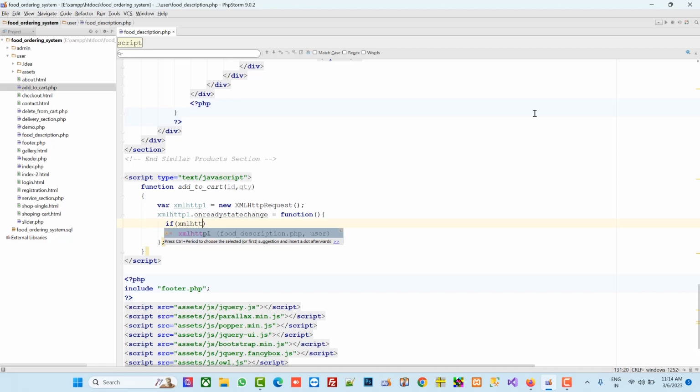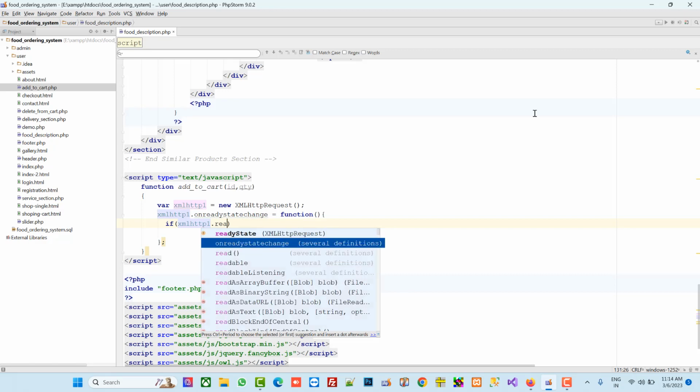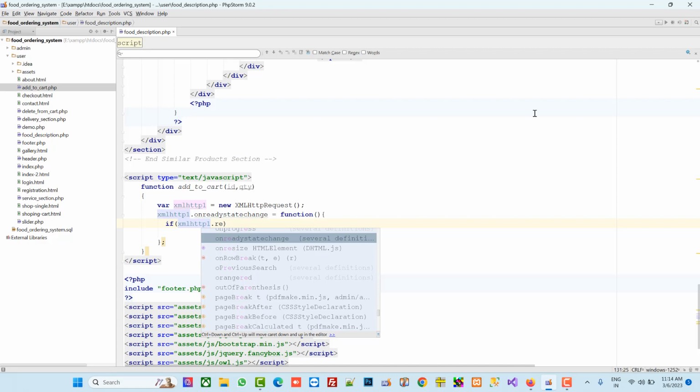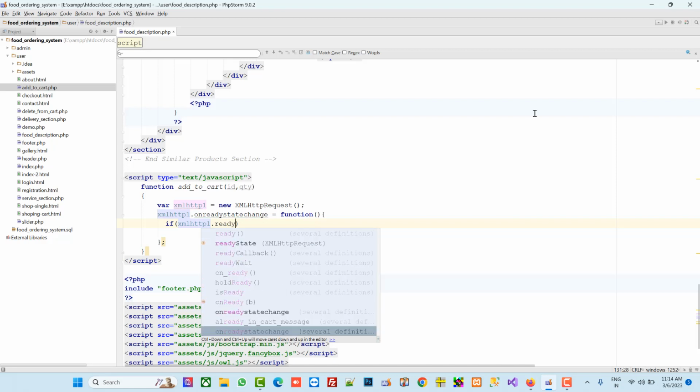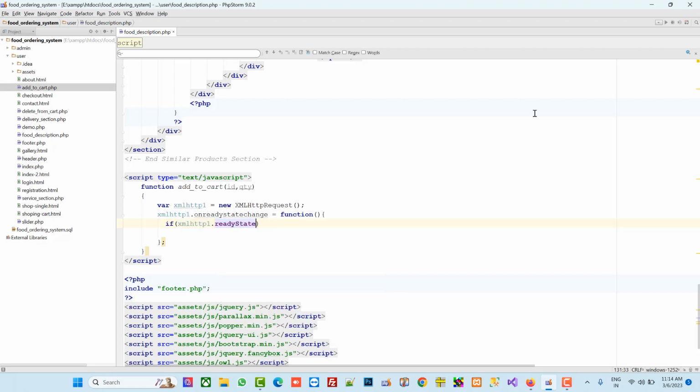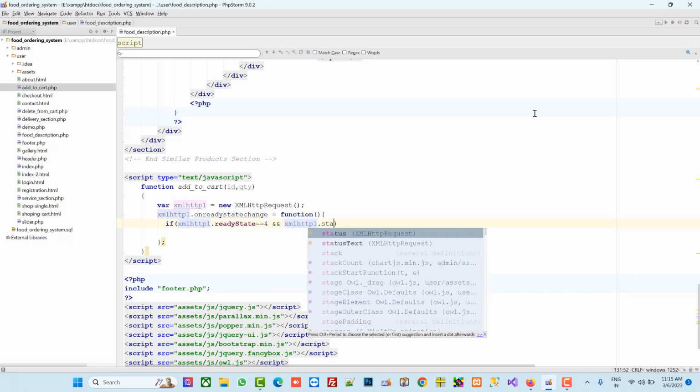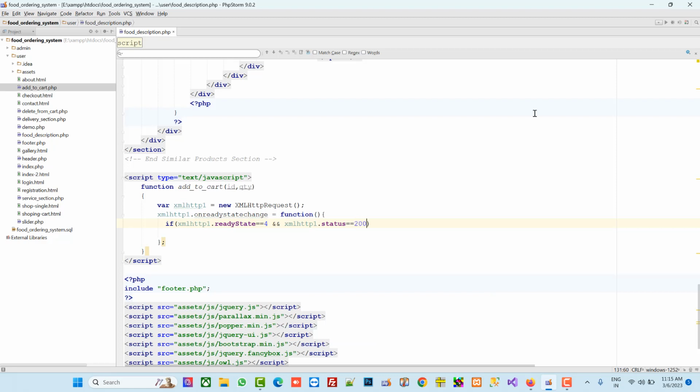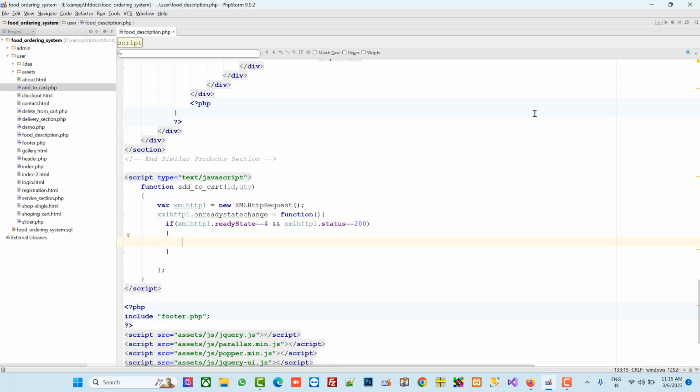If xmlhttp1.readyState is equal to 4 and status is equal to 200, then here we have to perform an alert for now, and here we have to write